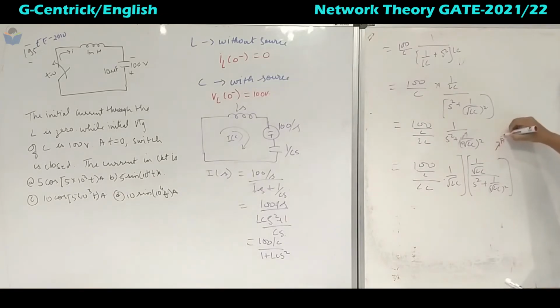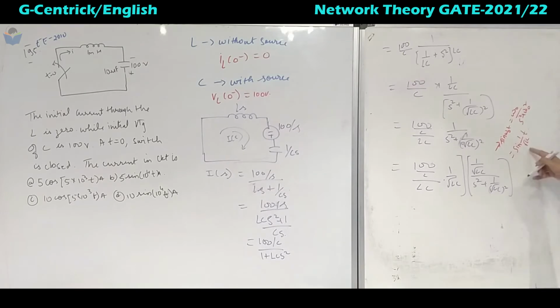Now this term is nothing but sine omega naught t, which you can write in this way. This whole thing is replaced by sine. How much is omega naught? We replace it with sine of omega naught t, where omega naught is 1 over root LC. So this is the equation. Now we will solve for this one.